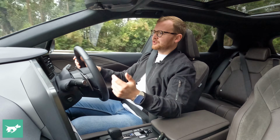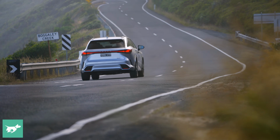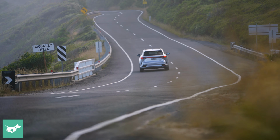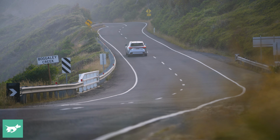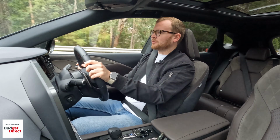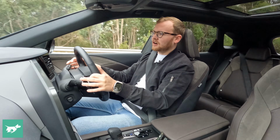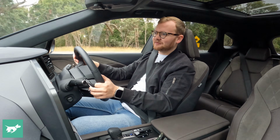Lexuses have always been luxurious, premium, plush, and obviously built really well, but it's only been in the last few years where their mainstream models have started to become also quite fun to drive, and that's not really what you expect out of a large luxury SUV like the RX, but it's what you're gonna get,